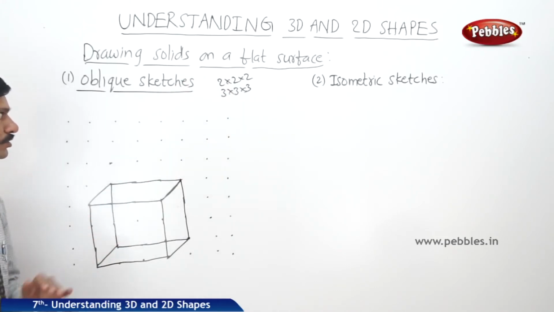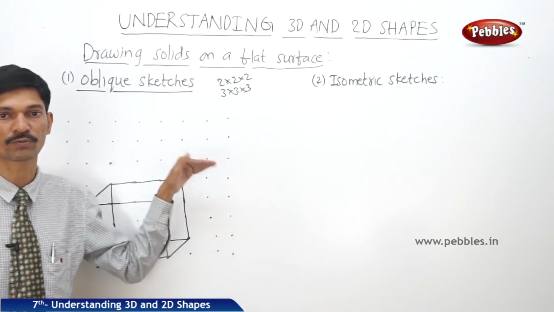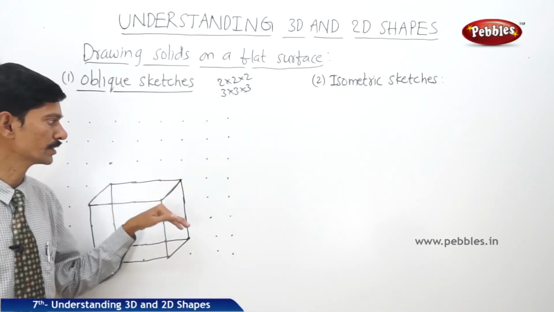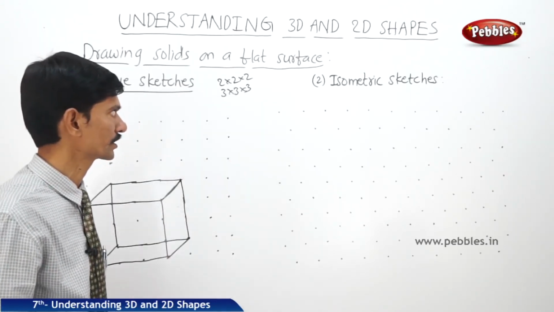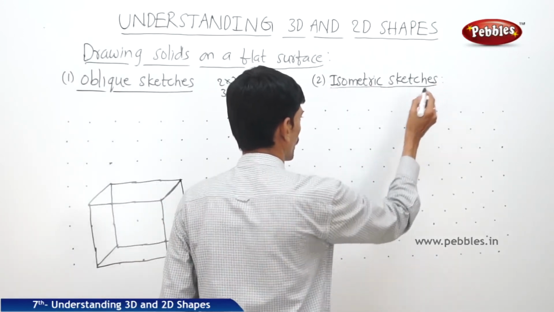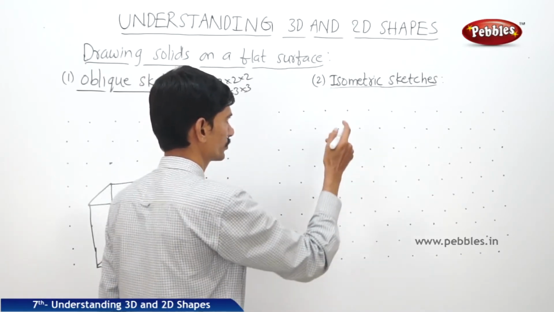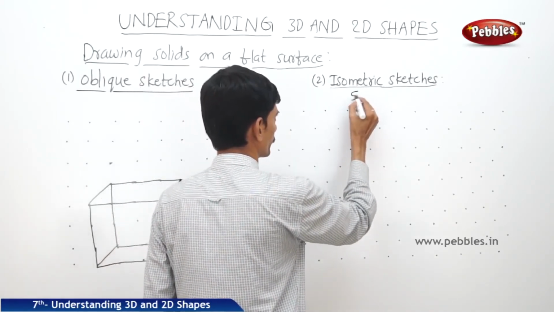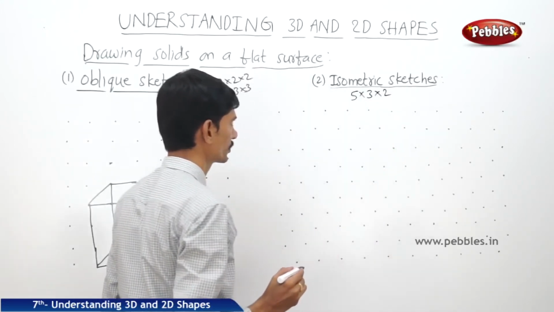So in this way we can show any solid shape, not only the cube, we can even show cuboids or any solid object on the flat surface. Now in case of isometric sketches, we take the equilateral triangles made up of the dots or the lines. So if you want to show the cuboid of 5, 3, 2 dimensions, then first we will take